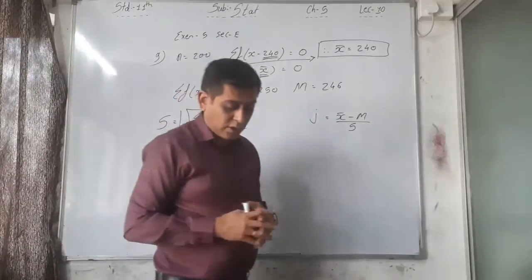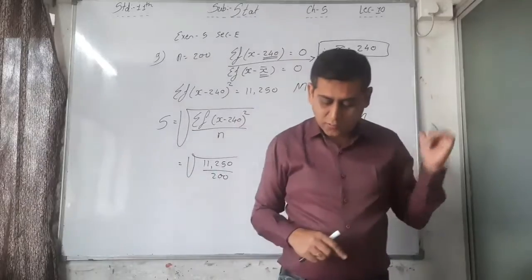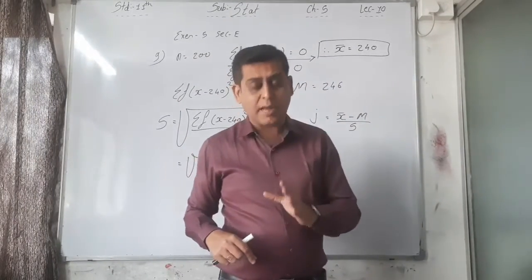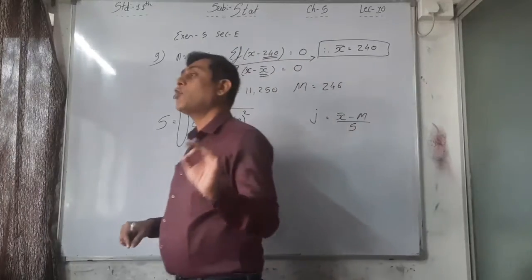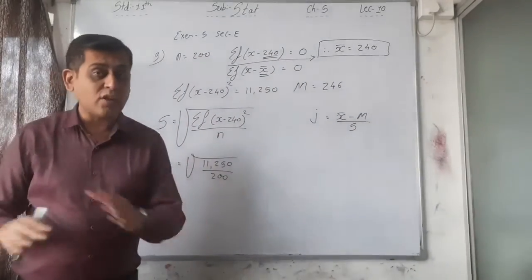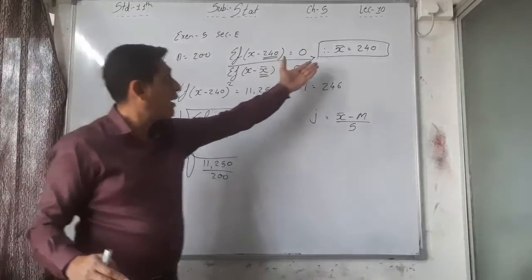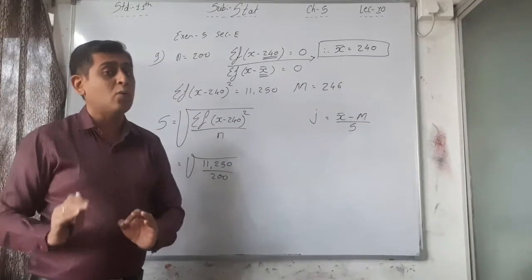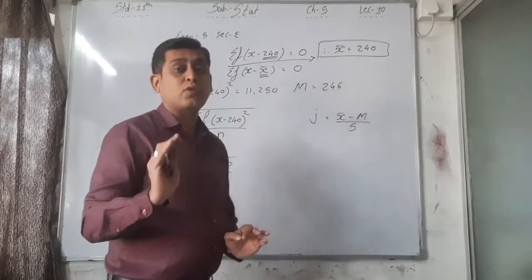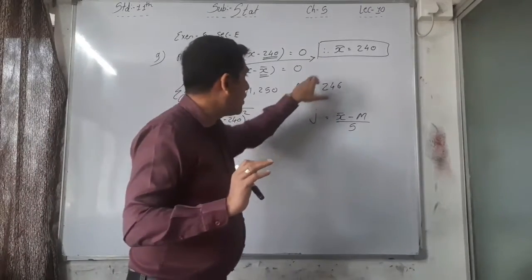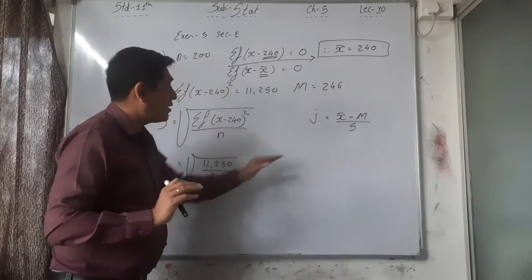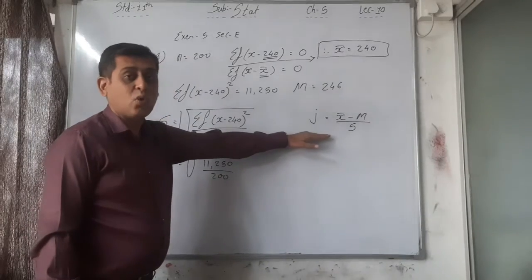So see the question. For the frequency distribution of this set of data, find the coefficient of skewness and state the type of skewness. Find the coefficient of skewness. By which method? No specification, but X bar and median are given. Then you can understand that you have to find out Karl-Pearson's coefficient of skewness compulsorily, because these two data are here, and from this information you have to find out S and then find out Karl-Pearson's coefficient of skewness